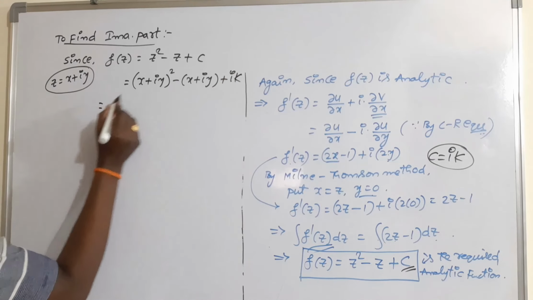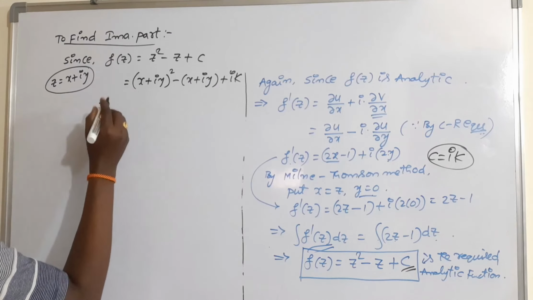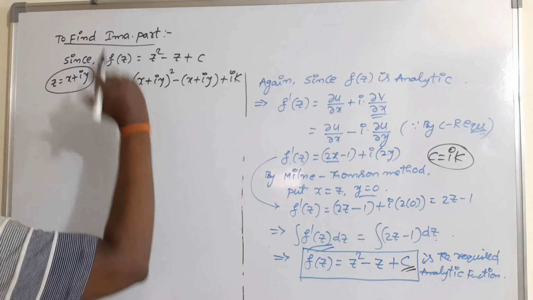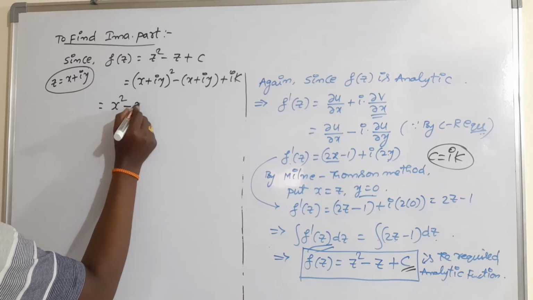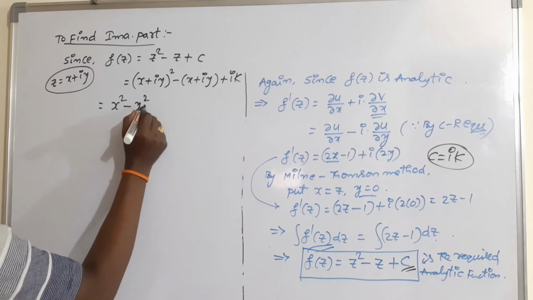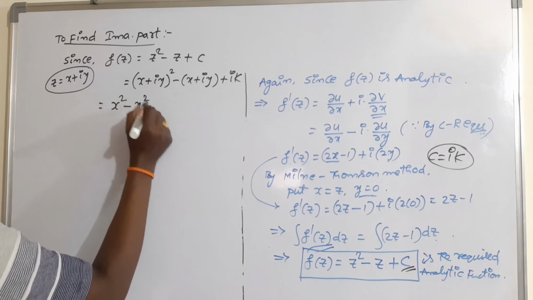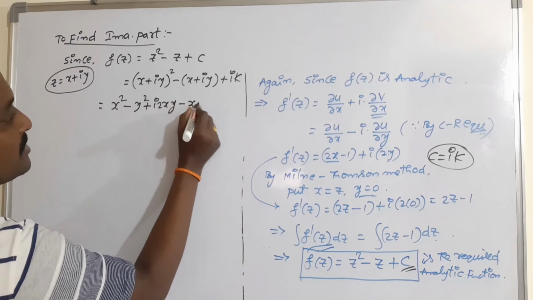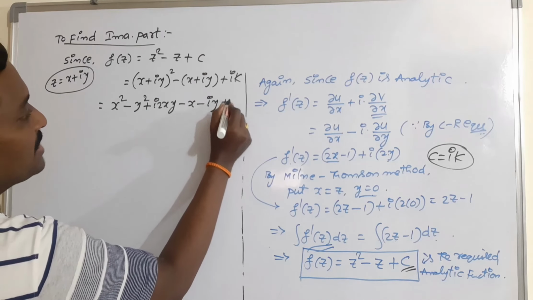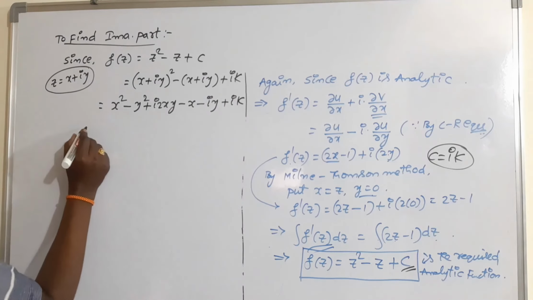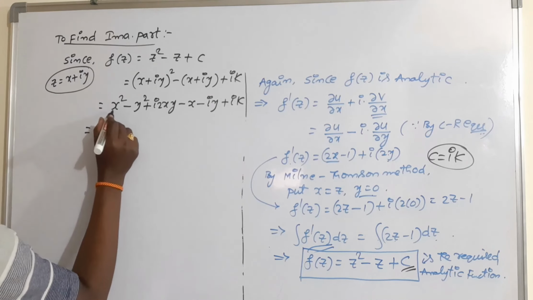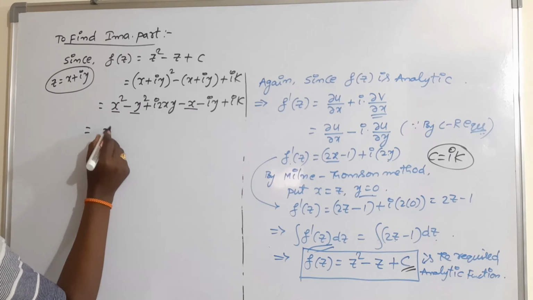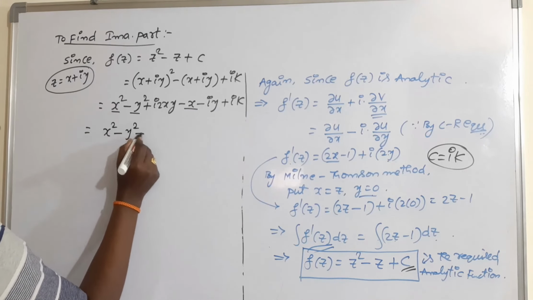Okay. Now expand this using a plus b whole square formula. So you will get x square plus b square. B square means iy whole square. What is i square? Minus 1. That's why you will get directly minus y square plus 2x iy. I am writing as i 2xy. Minus x, separate the terms here. Minus iy plus ik. Now separate the real and imaginary parts here. So this is a real part, this is also real part, this is also a real part. So x square minus y square minus x.